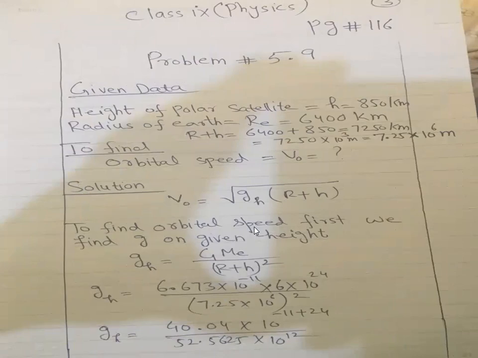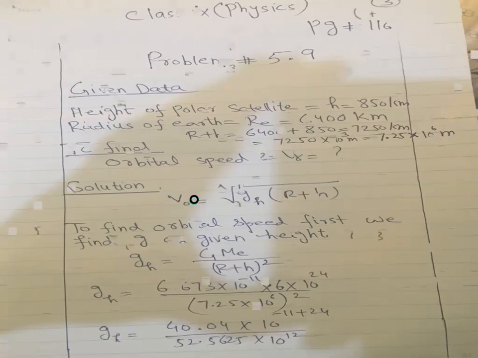On page number 111, equation 5.8, if you put gh is equal to GME over (R plus h) whole square in this formula, you will get